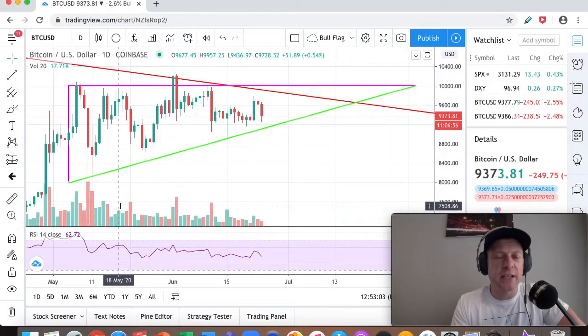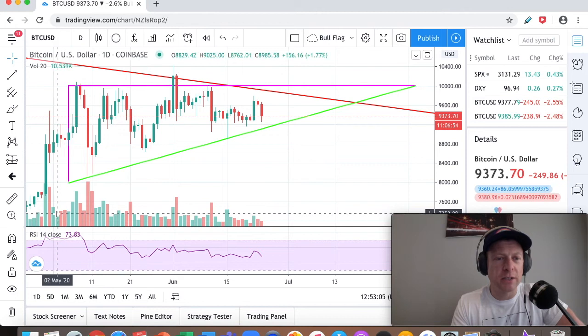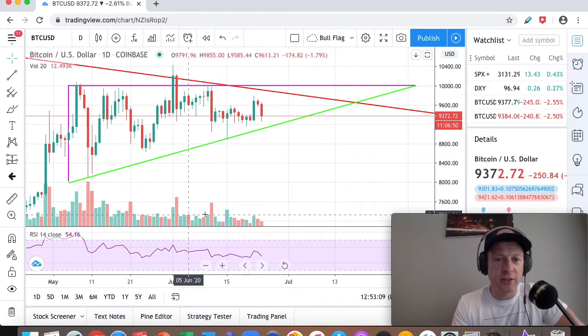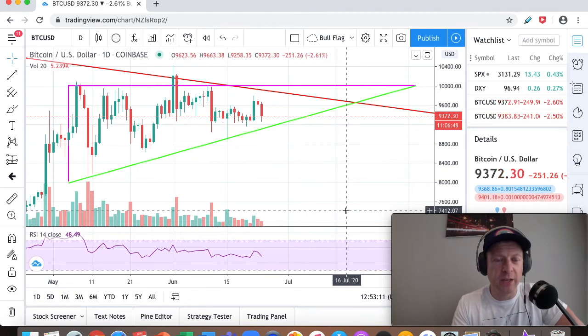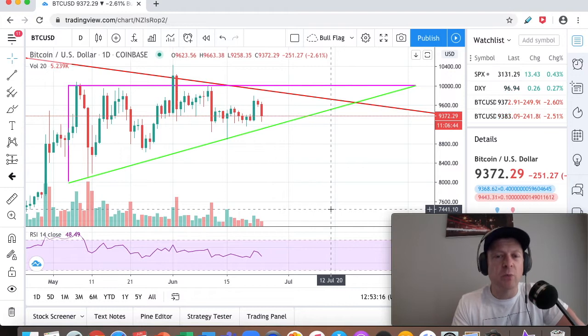Just going to take another look at an indicator here called an RSI. The RSI is the Relative Strength Index. It's a number between 0 and 100. At the moment, it is trading at 48.5, for 48 and 5, we're in around 50. If the number approaches 100, say like 85 or over, it's a sign that Bitcoin is overbought and the value is too high. Possibly an indicator that would suggest it's going to collapse.